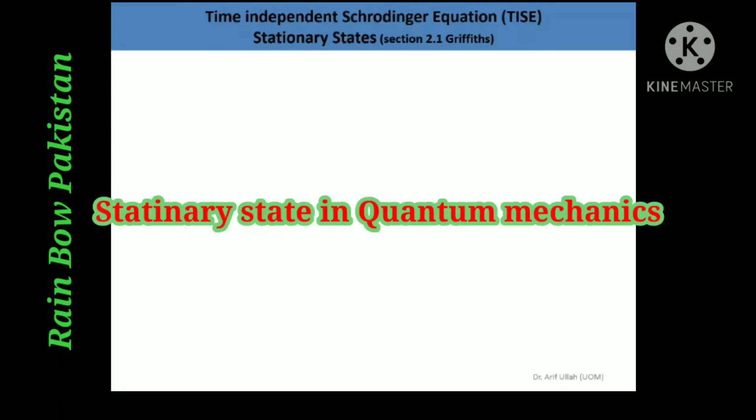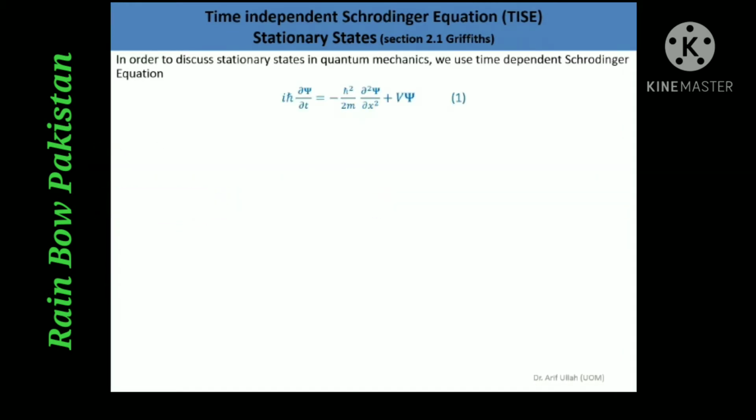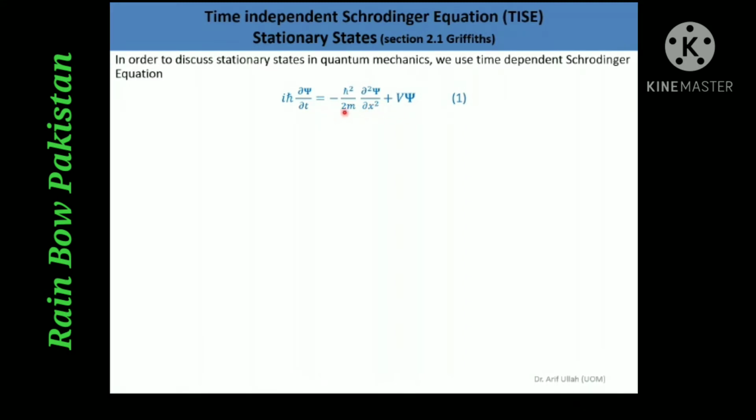In this lecture, we are going to discuss stationary states in quantum mechanics. In order to do so, we start from the time-dependent Schrodinger equation, which is written as iħ ∂Ψ/∂t = -ħ²/2m ∂²Ψ/∂x² + VΨ. If we solve this equation, we can get information about the wave function Ψ, which is a function of